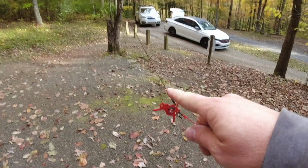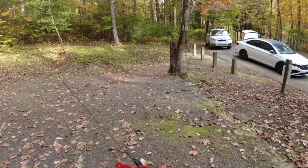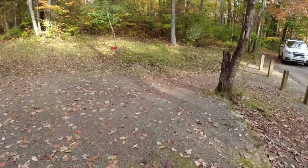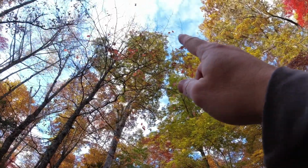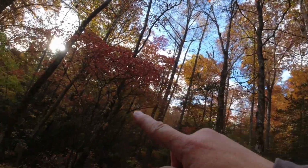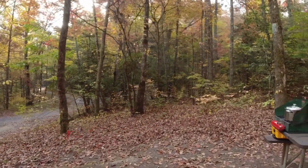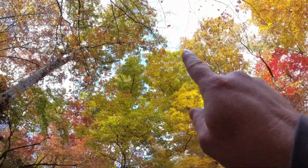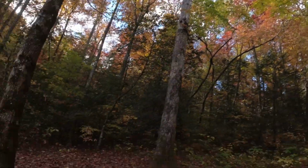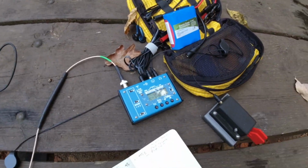But anyway, we've had this set up the entire time. I've got my throw line over here. You can kind of see it goes up, and we launched it fairly high into that tree, so it's almost vertical. There's a little piece at the top that folds over just a little bit. You can't really see that in the video. I don't know what I'm showing you, but anyway, today I thought I'd set up the MTR-3B